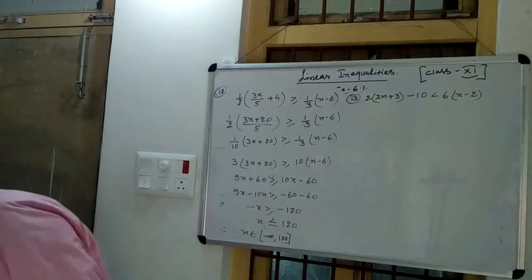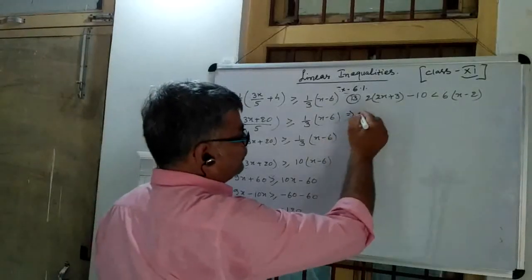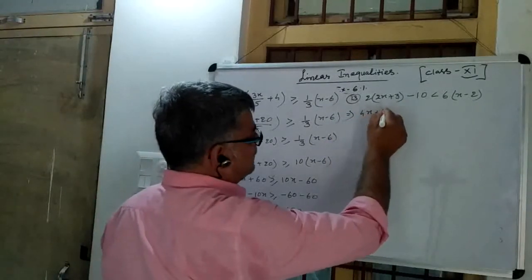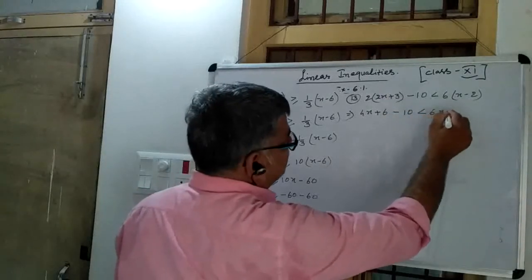Now see the solution. So your solution will become 4x plus 6 minus 10 is less than 6x minus 12,